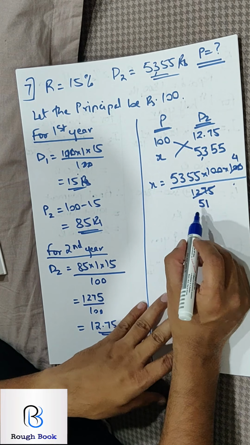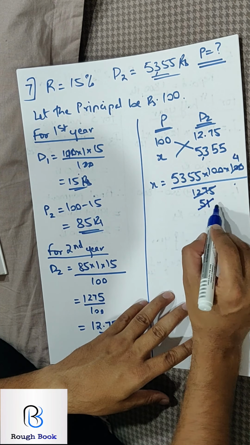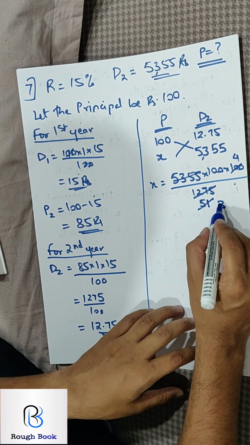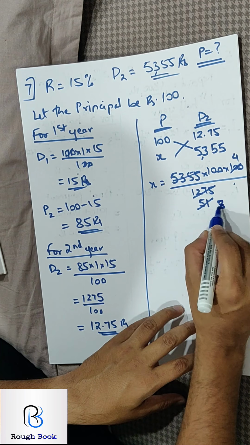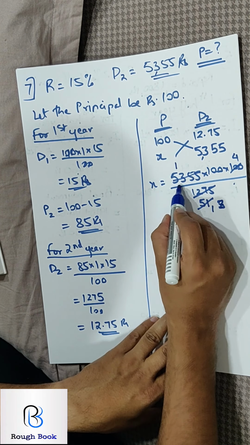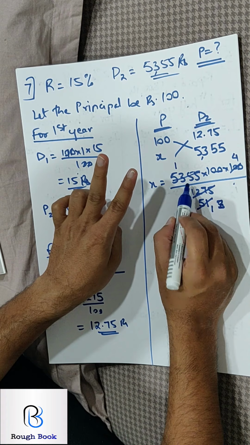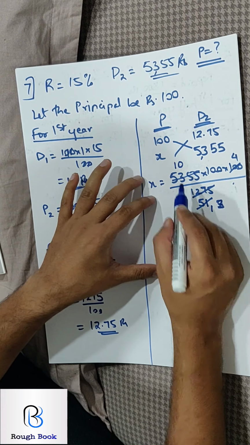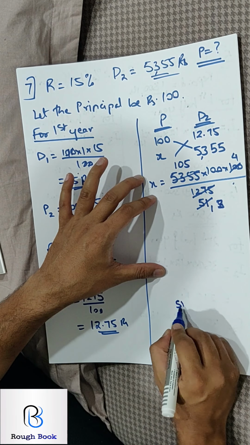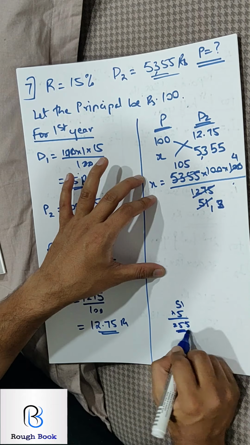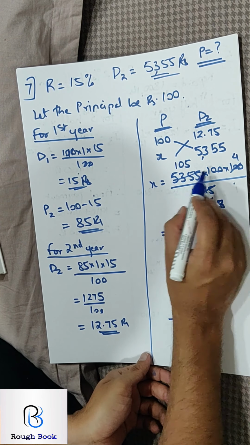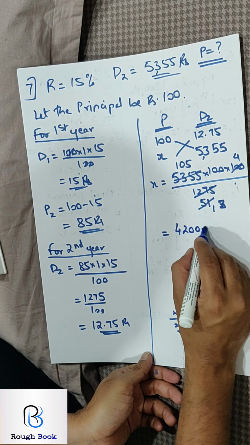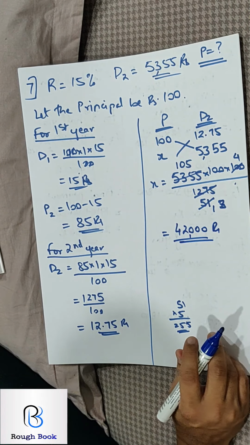This is a multiple of 17, so this also should be a multiple of 17. 17 3s are 51, so let me directly take it with 51. 51 1s are 51, so I get 2. 25 doesn't go in 51, so I put a 0. So now I get 255. So 51 5 times will be 255. See, 51 into 5 will give me 255. So we are sorted with this. I directly get 105 into 4. So 4 5s are 20 and 4, so 420 and 2 more zeros. This should be the original cost of the machine.